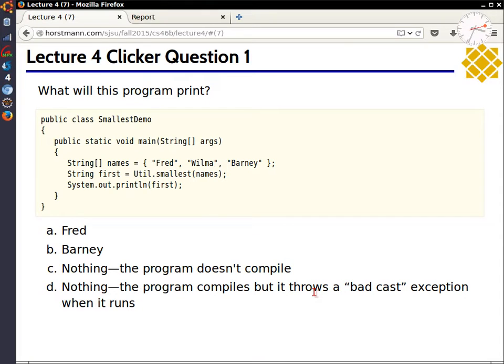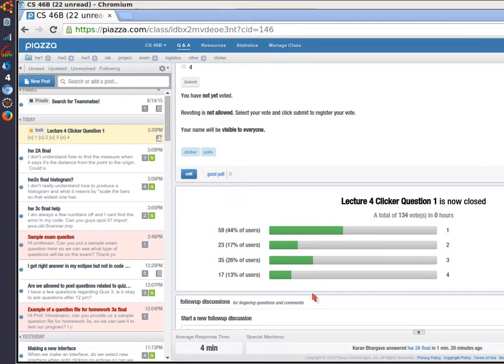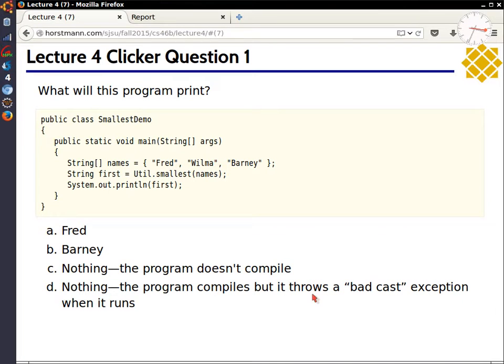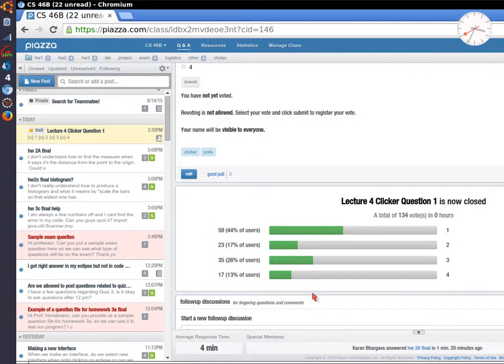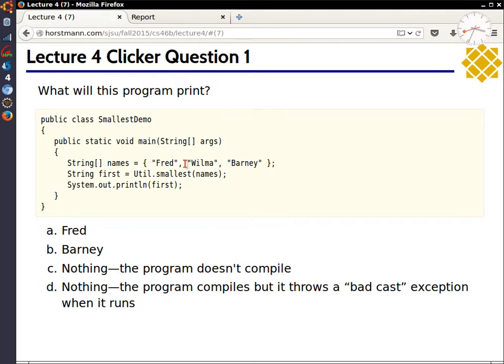All right, so people are wildly divided here. So a whole bunch of people said Fred. Why Fred? Was the shortest name, eh? Or maybe you remember the Flintstones and Fred was shorter. So it's not Fred because,